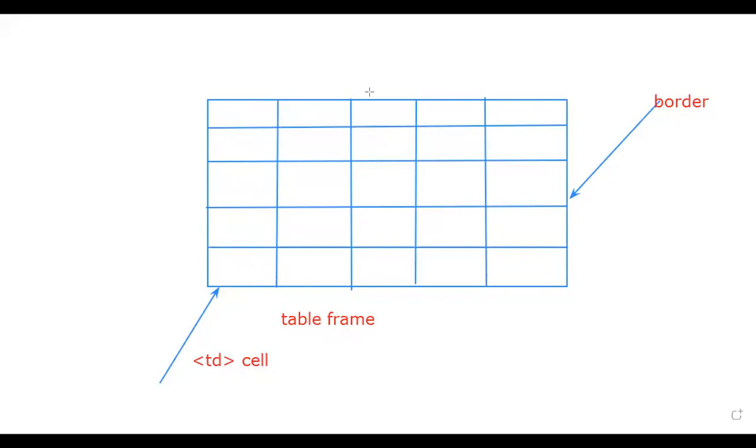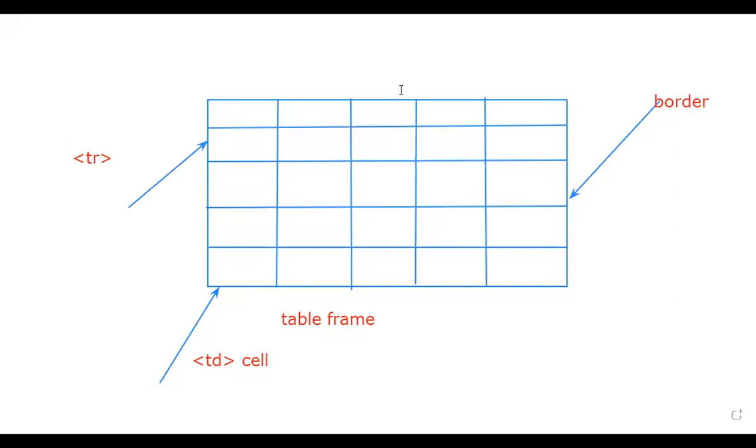When I want to establish a row in the table, I do it using one tag, which is called what? TR tag. When I want to implement a row, I do it using the TR tag. Is it clear? So we use the TR tag for implementing rows, and we use the TD tag when we want to implement the column inside the table.